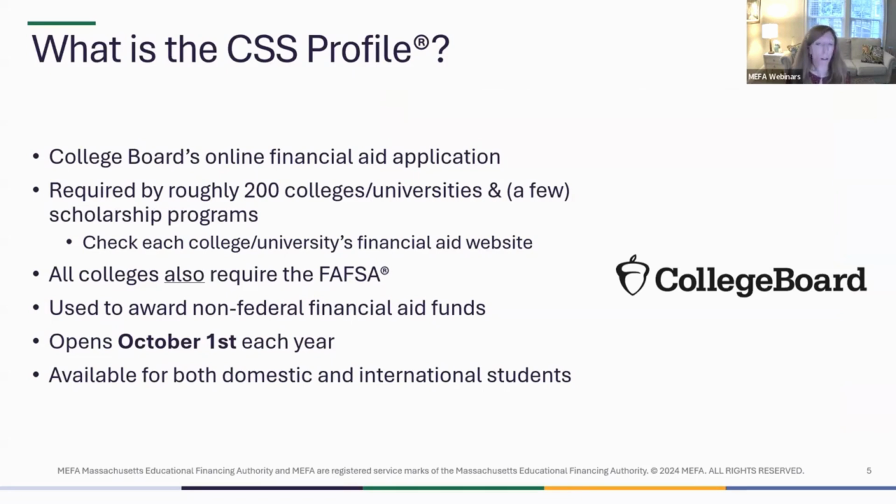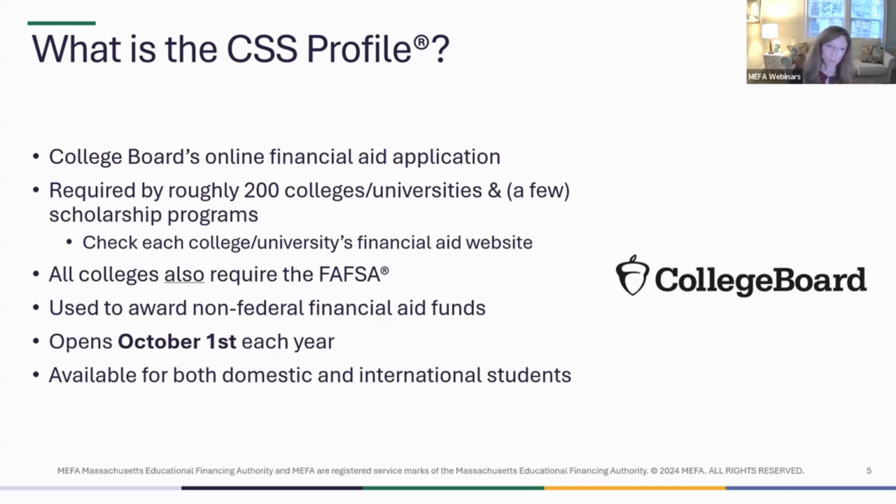country. All of those colleges that use the Profile also require the FAFSA. So if you see that a school requires the Profile, you also have to do the FAFSA. You're going to do the FAFSA for financial aid, and then you're going to do the Profile. And to send them to schools, all you do is list the schools when you fill out the application. So you do each application one time, list the schools that you want to receive it, and then it'll be